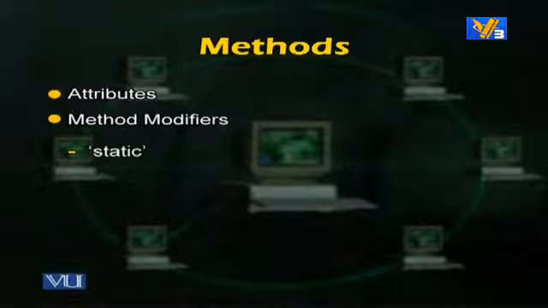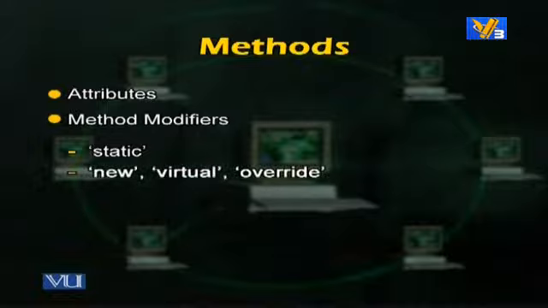We can have the static modifier, which means that this is a static method just like we have static methods in C++. तो ये इसमें कोई फ़र्क नहीं है. Then we have this new, virtual and override. So we have these three keywords, that is new, virtual and override, and we can specify the type of method or the kind of method that we have here, and what is that method, what difference does it make,